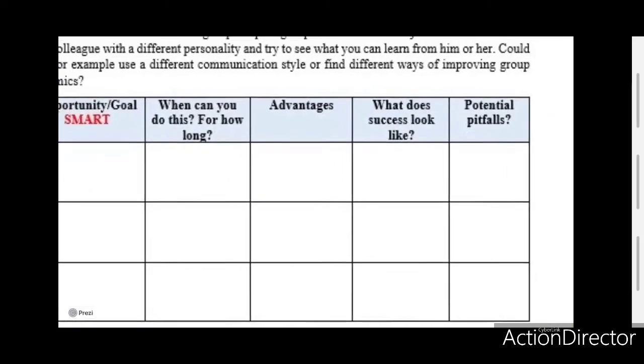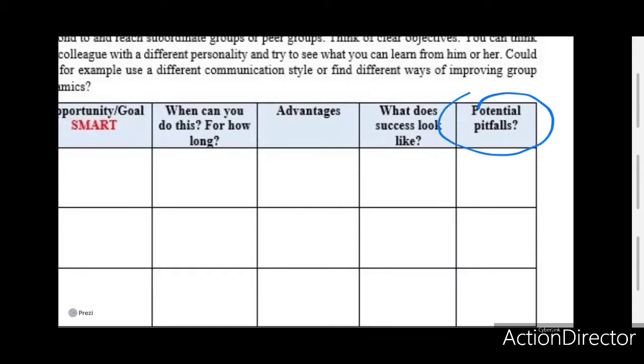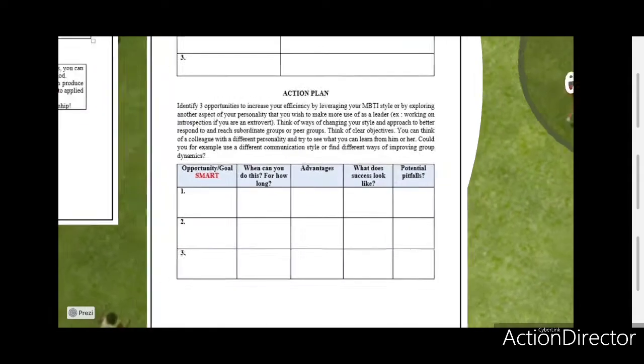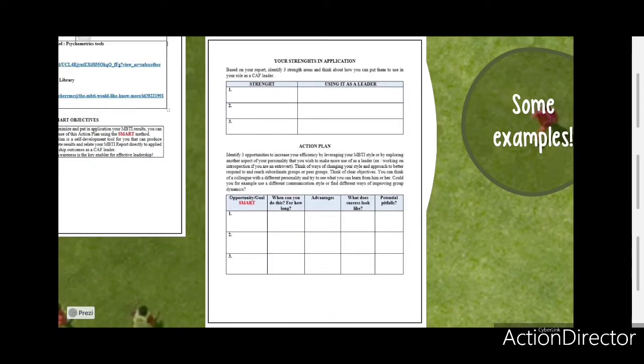And the last one is potential pitfalls. This is important because you need to identify what could slow you down or what could prevent you from reaching your goal. Because by doing a quick diagnostic of what the pitfalls could be, for example, pitfalls related to your particular trade or occupation or posting, the time you have available to yourself, and so on and so forth. So identifying these will certainly go a long way in making sure that you can complete these goals within a reasonable time frame and with tangible results.